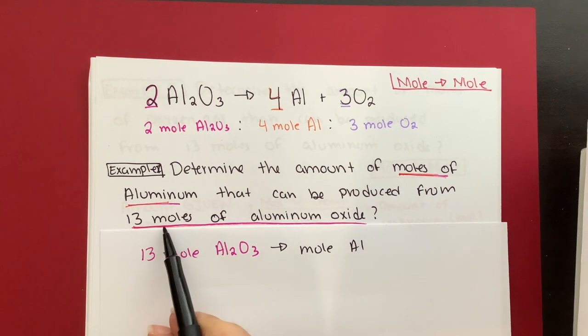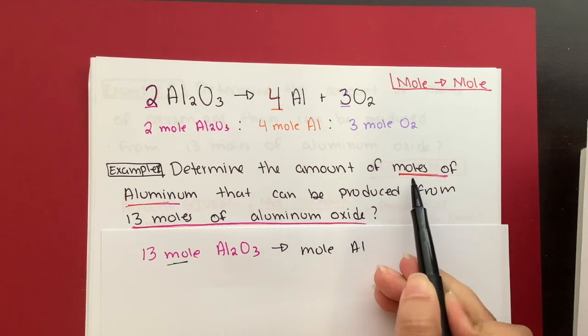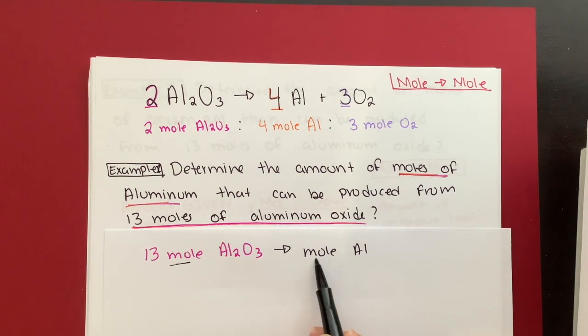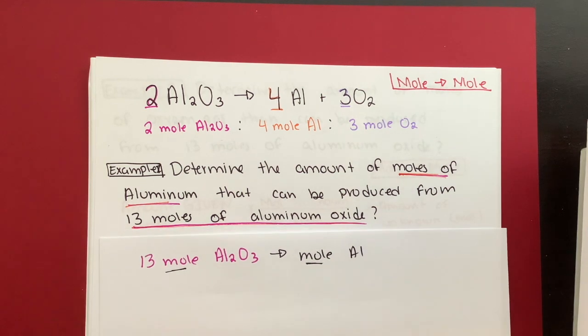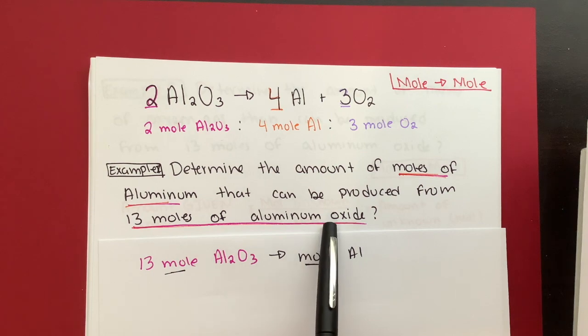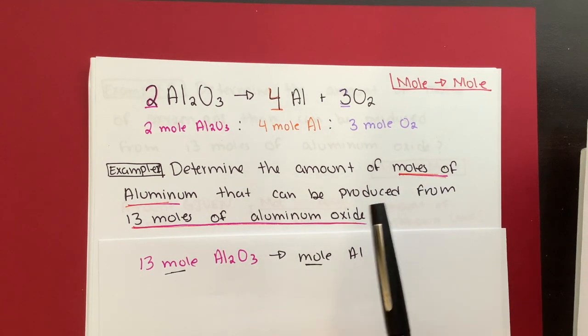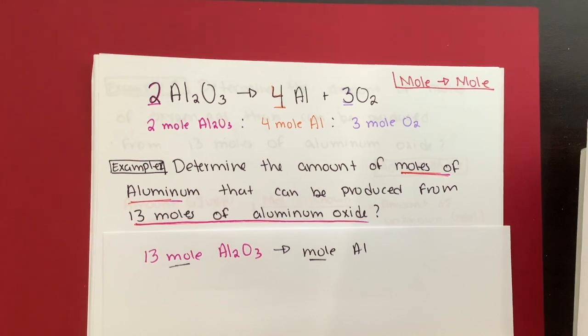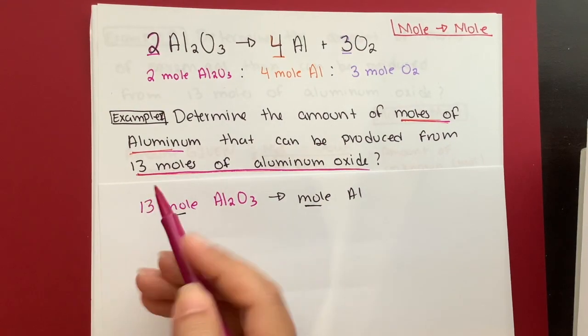Okay, so they're giving us the information in moles, and they want us to find the moles of another element. So they're giving us the moles of aluminum oxide, and they're asking us how many aluminum atoms we can make. So the first thing you're going to do here is write what is given to you. So I'm going to start with 13